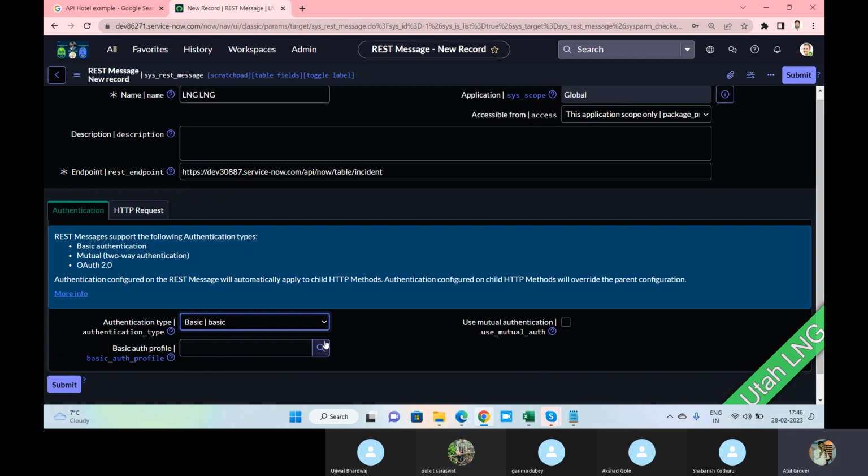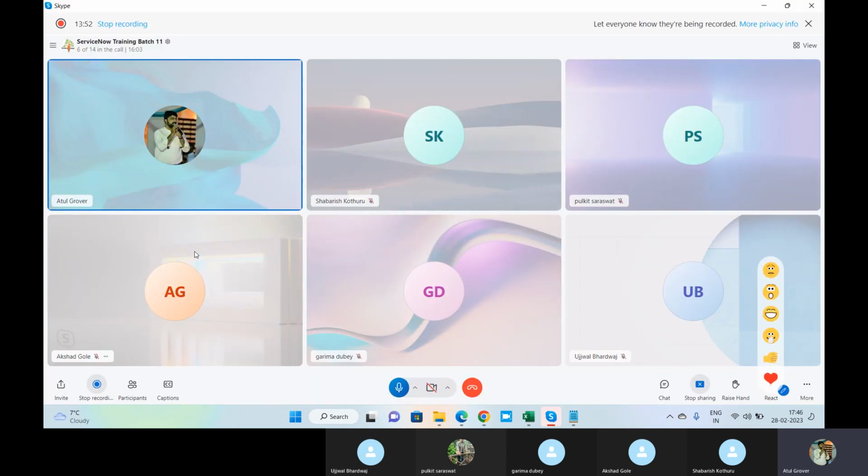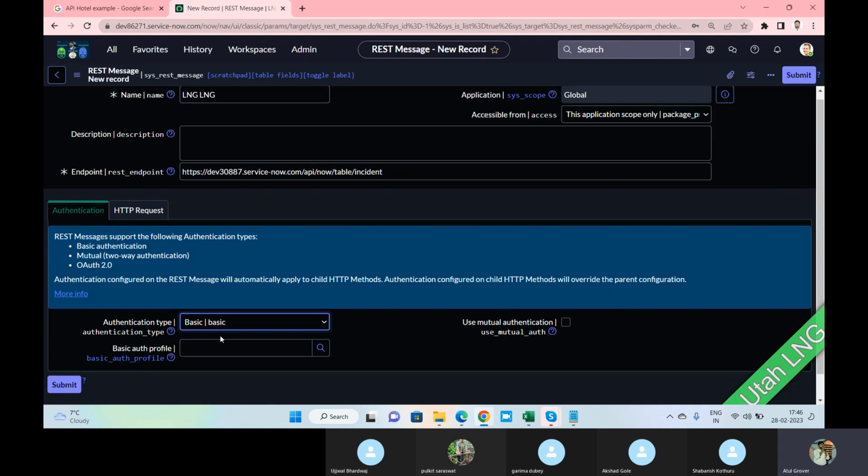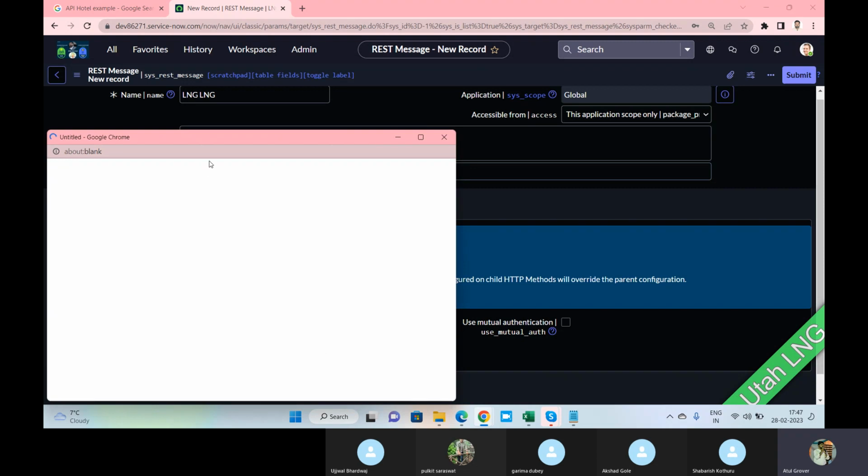To do the basics one, I had to create a basic profile. Let's say Shabrish invited me to his house for the marriage, and I'm like his brother. I have to go outside the society a number of times to bring things, and every time I cannot prove my identity to the guard. So every time I enter this instance, I have to prove my identity. So let's create the basic profile here.